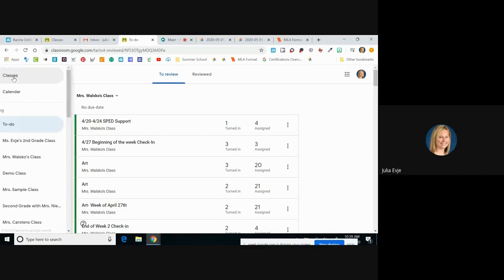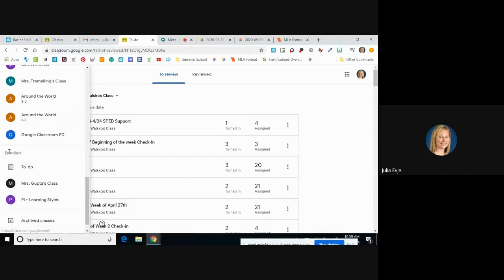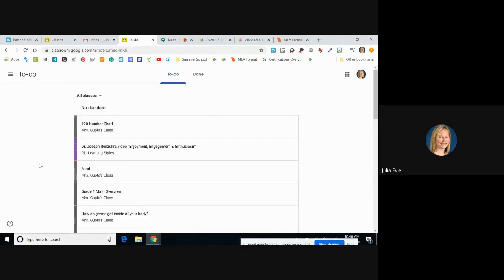Going back to the 3 horizontal lines, if I scroll down to this enrolled section, here I'm a student, you'll see that students also have a to-do option. So again, your students are going to be able to see what assignments have been given to them, all in one place. It shows them the name of the Google Classroom as well as the assignment. They also have the option to click on this All Classes dropdown,